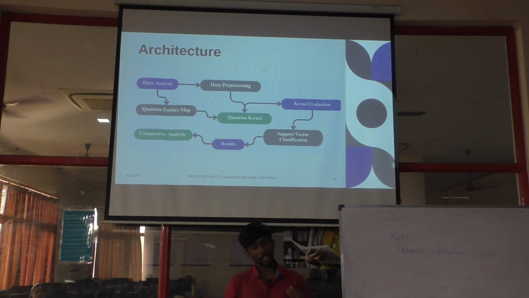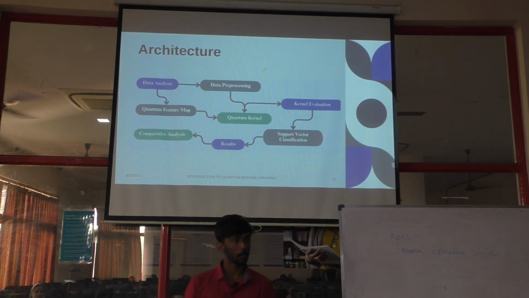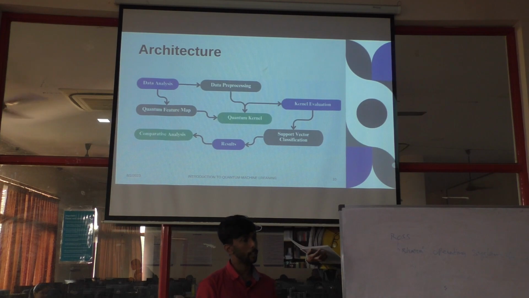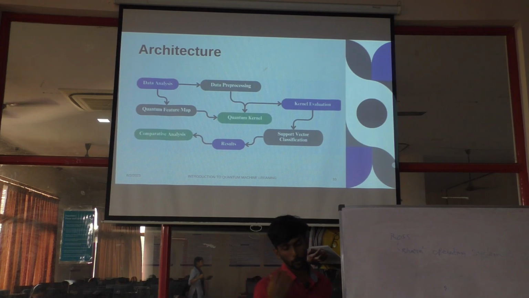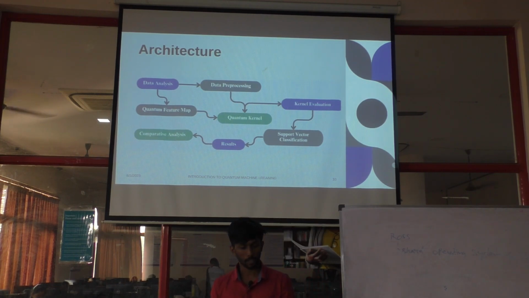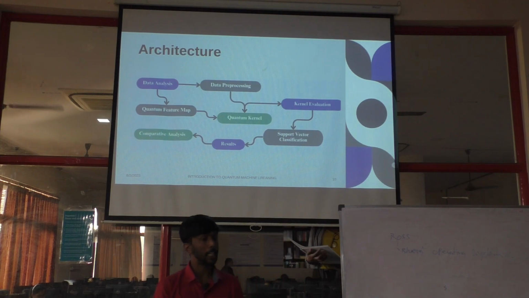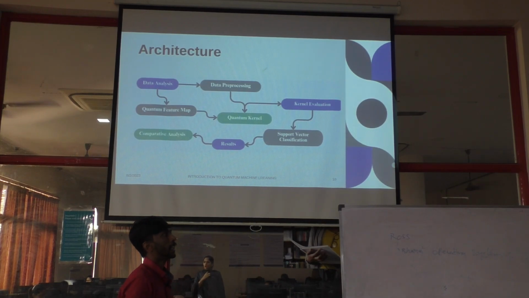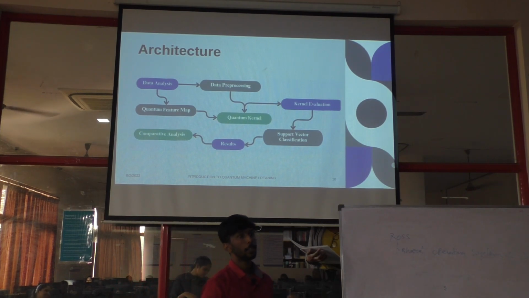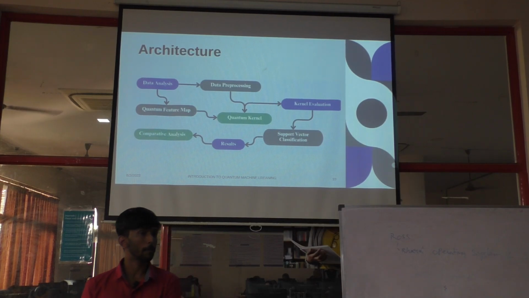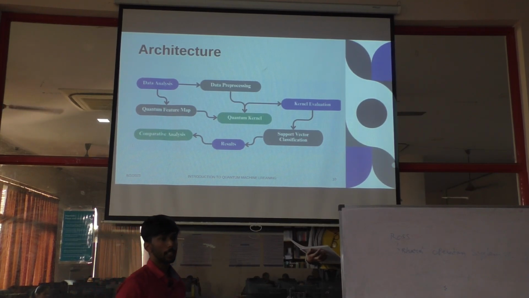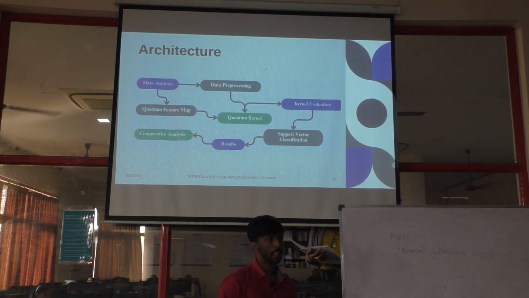So quantum feature map, then we have the quantum kernel. Once you build the quantum kernel, it is similar to SVM. Then we do the simple SVM technique, and you get the results, and then you do comparative analysis. You can also have data pre-processing before even building the quantum kernel. We usually do that. All machine learning models do pre-processing before actually getting into this. And there are different studies that show that some bit of pre-processing will actually help to improve the results of quantum machine learning algorithms like QSVM. So data pre-processing is also an essential part of SVM and QSVM.